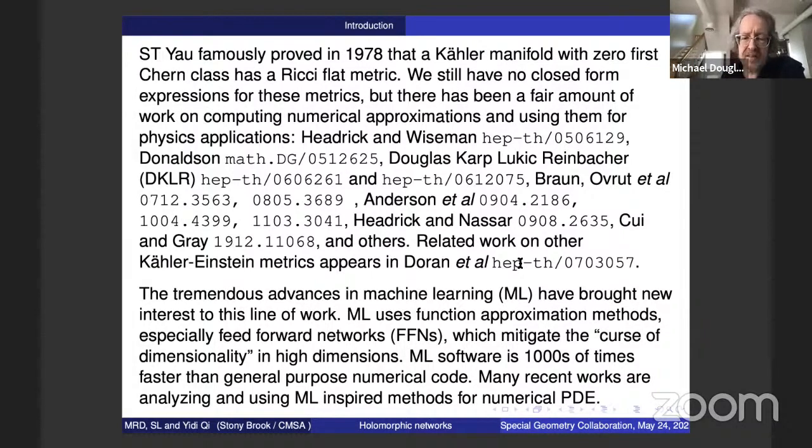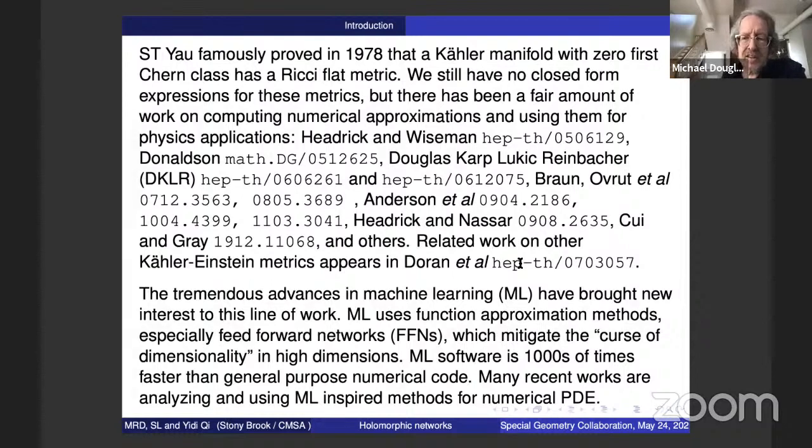This is a very active subject in applied math, in particular using these methods to solve various PDEs numerically. Of course, the Navier-Stokes equation, the many-body Schrödinger equation, that sort of thing. I won't be able to do justice to it, but there's a fair amount of work. I will at least mention some of the main questions that people are studying. And then the second relevance is that because machine learning is such a useful and intensively